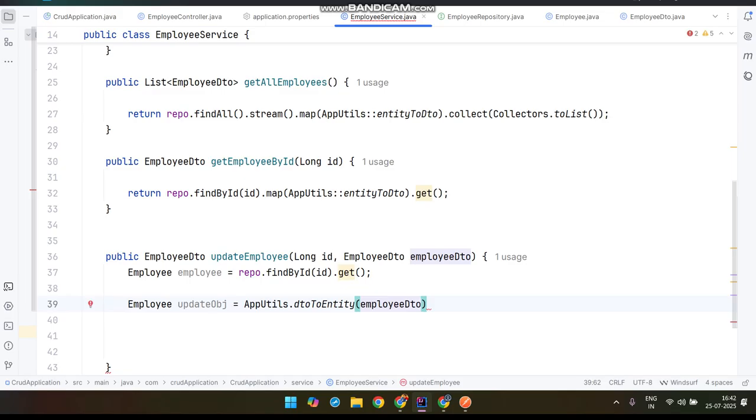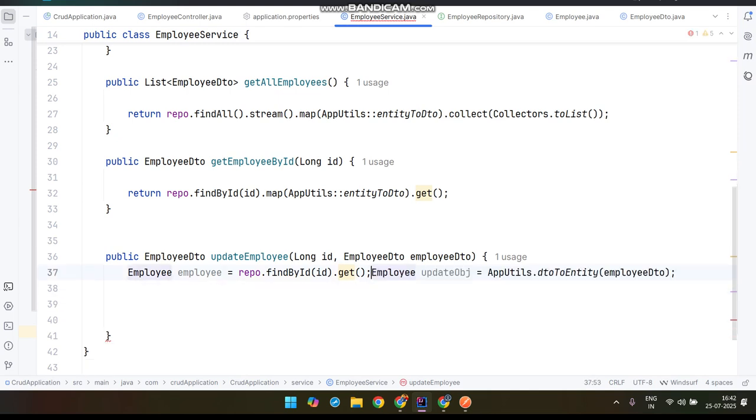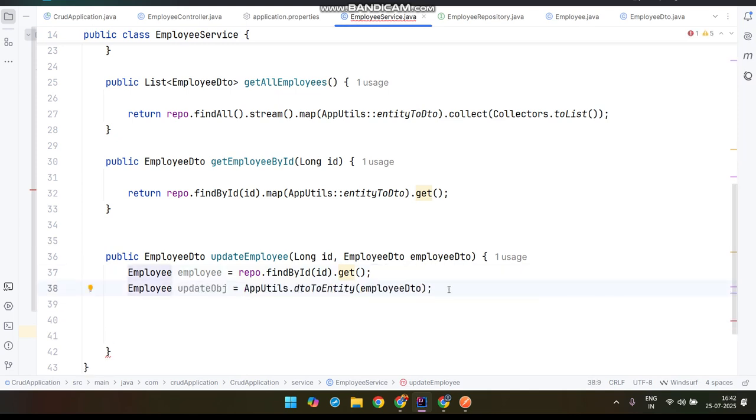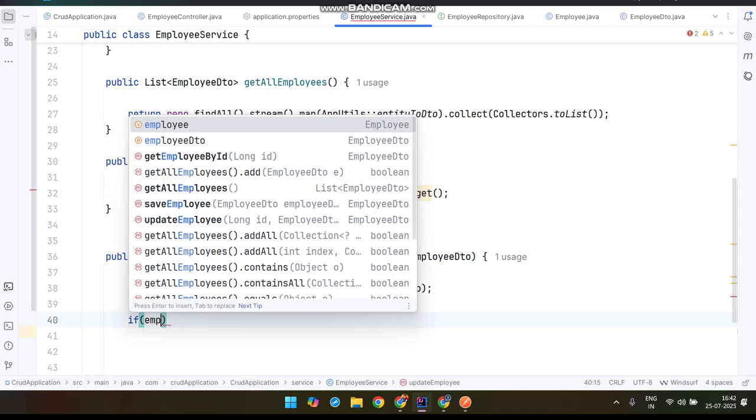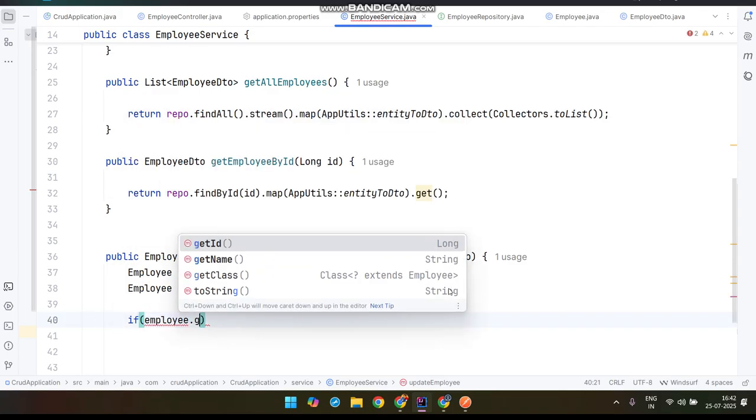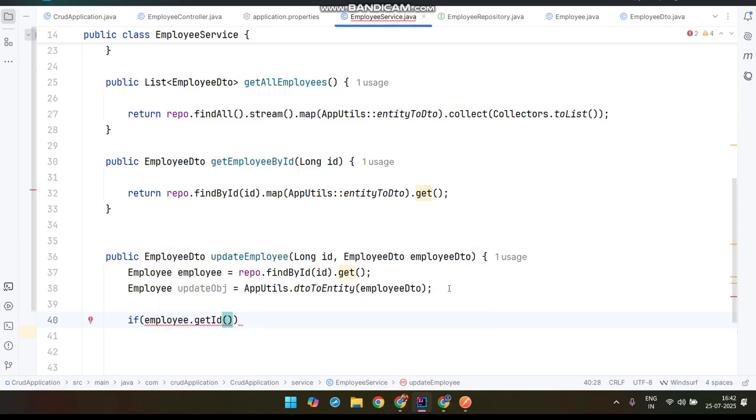That is the concept. As of now let us do it this way only. If employee.getId does not equal null, then